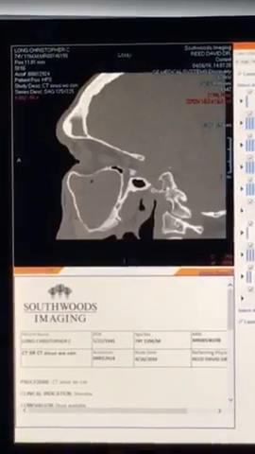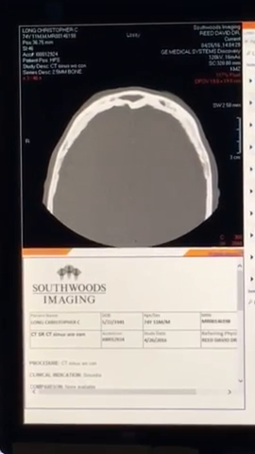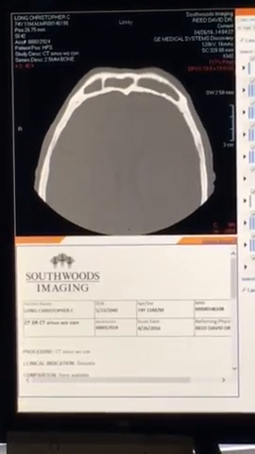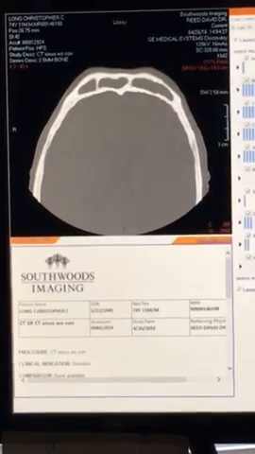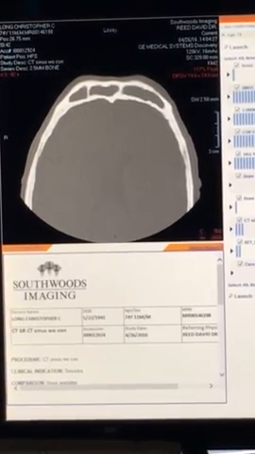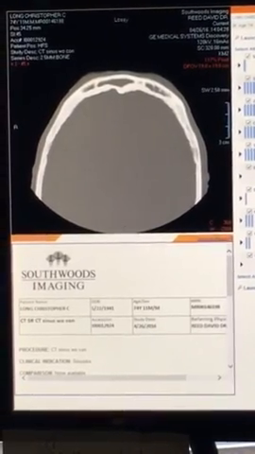Here you're way at the top of your head, and as we're coming down, these should be filled with black. The air-filled chambers are going to be black. The bone cuts off the X-ray, so it turns white. It's a negative you're seeing here. As you're coming down,